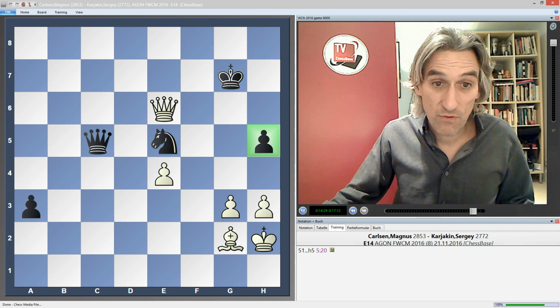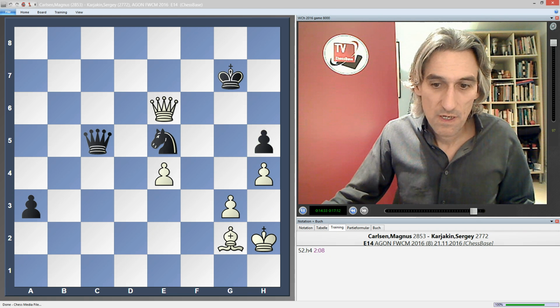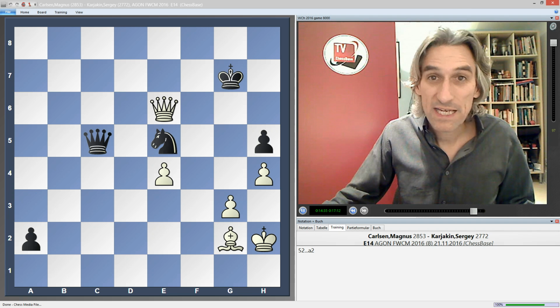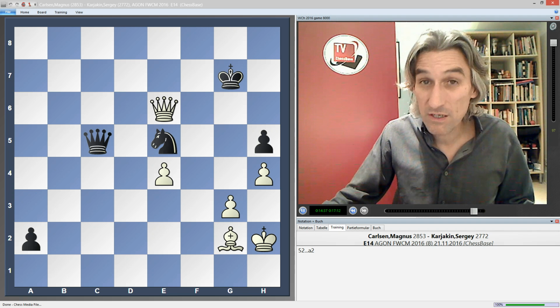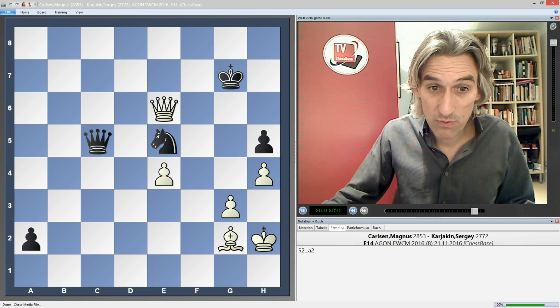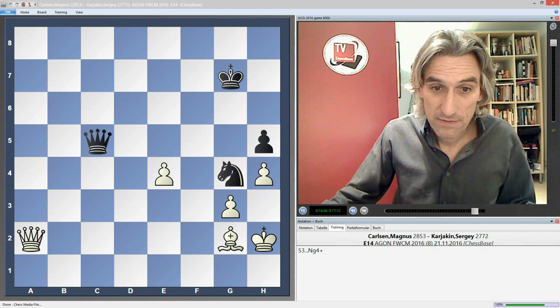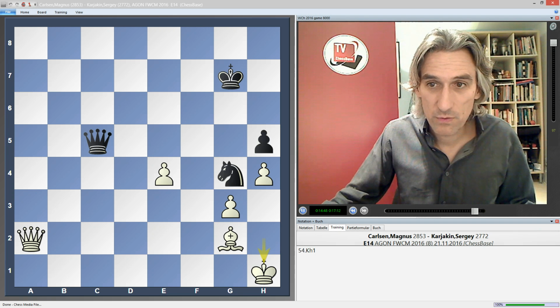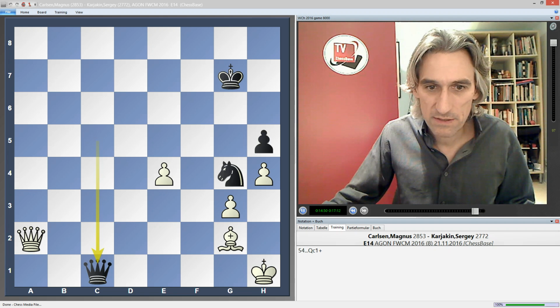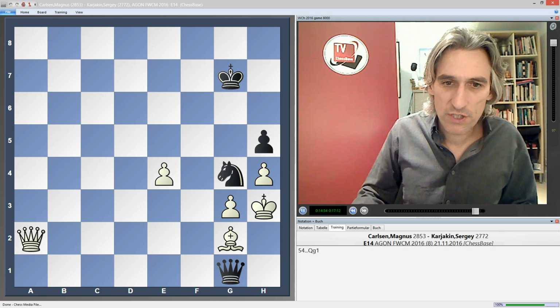Carlsen played h4, and then a2, and here he resigned. Magnus Carlsen resigned the game. If queen takes pawn, knight g4 check. If the king comes back, then queen c1 and make next move. And if king h3, then queen g1,